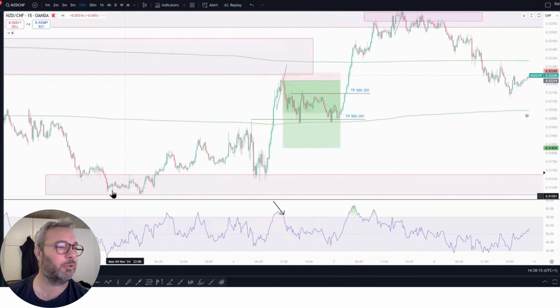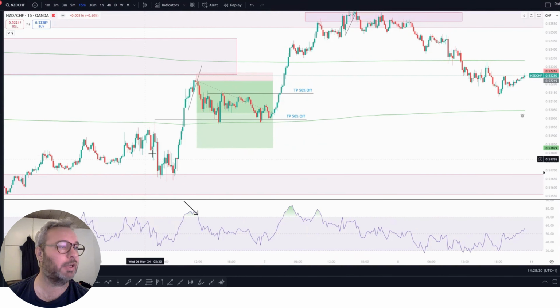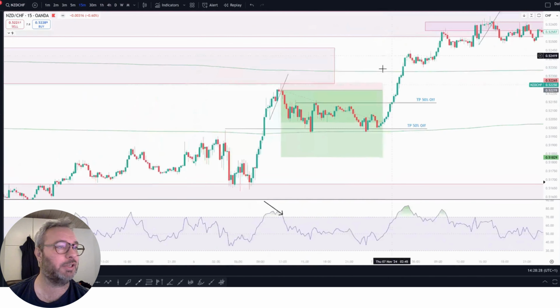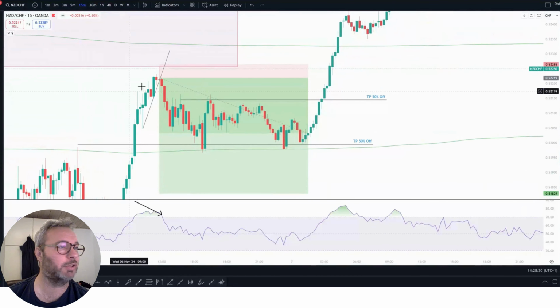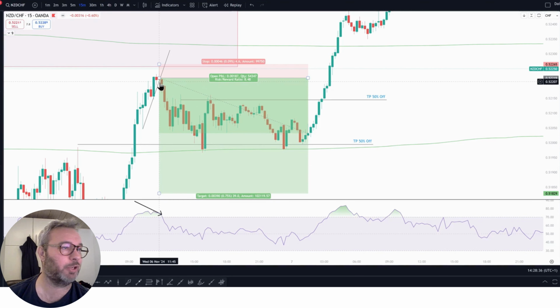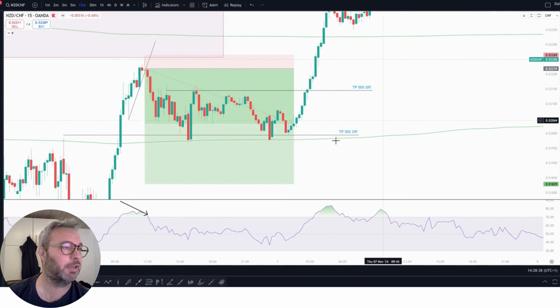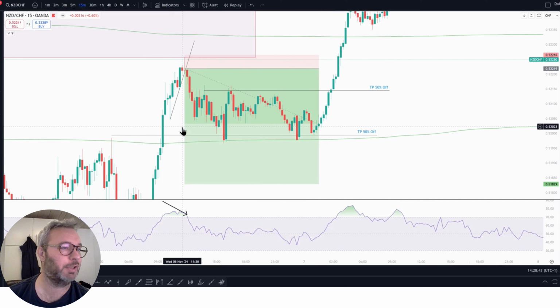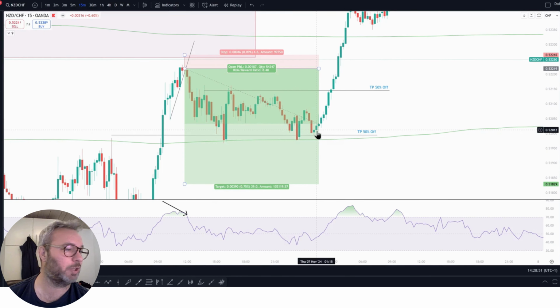So price is bouncing off from this support area and is going straight up. I have a trend line here, which is respected. And then you can see here, there was a very good rejection this week, rejected from my resistance area. I shorted after the break of the trend line. My first take profit was here, and the next take profit was here, at this support area from this week. And then I closed the trade here.